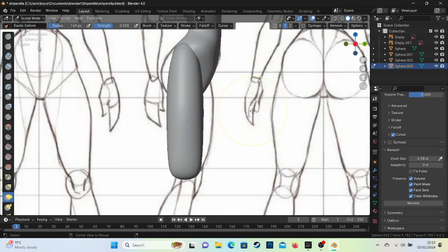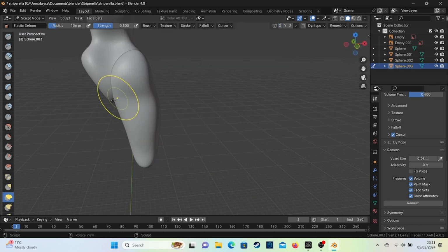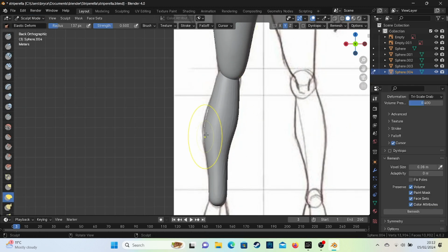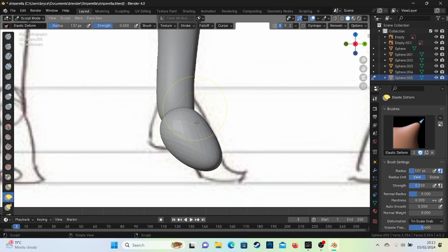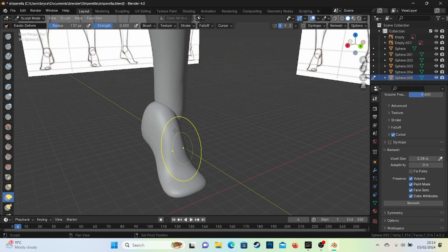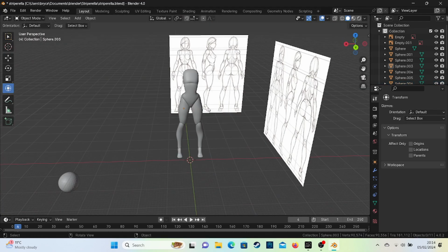So as always with these, I've just gone straight into doing the base set layer, where I've got a sphere. I've subdivided it a couple of times and then remeshed it, put it to the side as you can see in the video there. And then I Control C, Control V it over, copy it over, and make each base section of the body